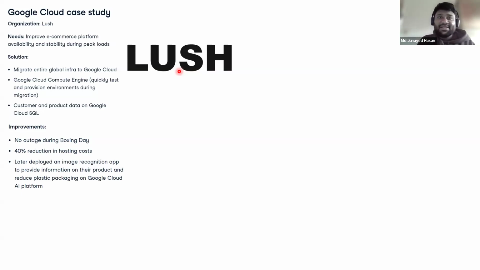So what happened with this website, when millions of users enter that website in a single minute, the website started crashing. So what they did, they thought, okay, let's migrate to the cloud system, Google Cloud. Just purchase the complete service from Google Cloud to handle the data and host the website, everything. They did not host it separately, right? Before, you used to purchase different servers, different stuff to do something. They did not do that.